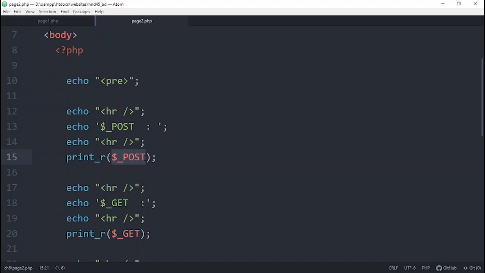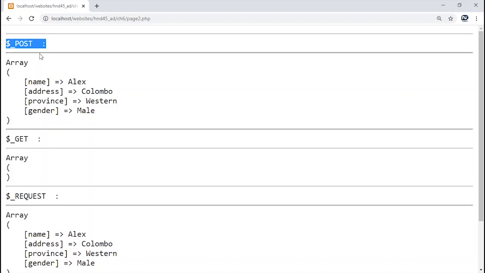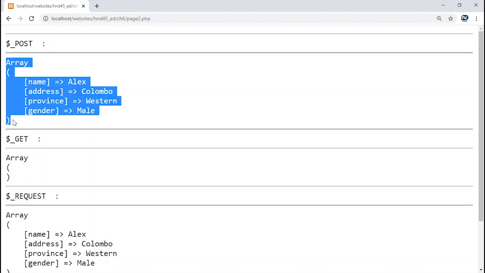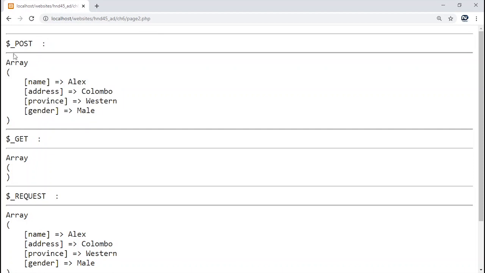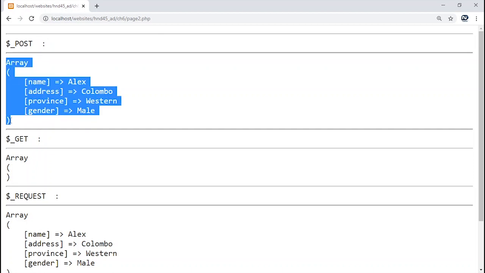This is an array which automatically receives all the values which you submit from the form. In the server, it is available and we are accessing it like this. That is why we have given print_r of $_POST. Now in the output also you can see the contents of the post array. That is why I told you the array knowledge is important.